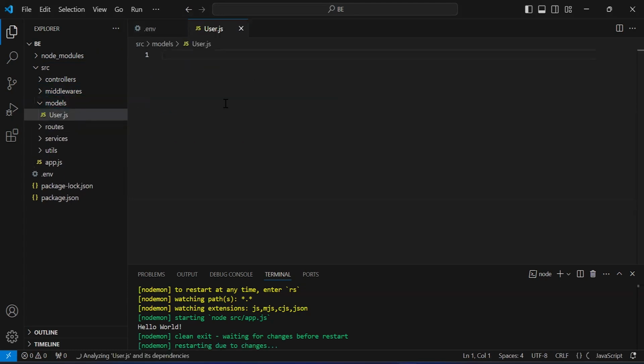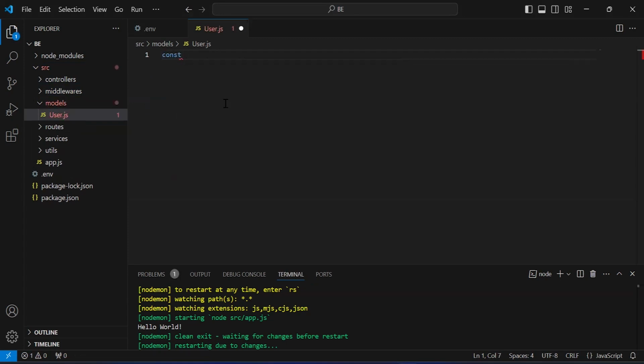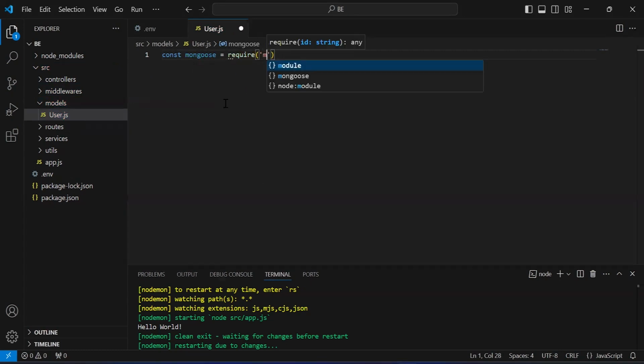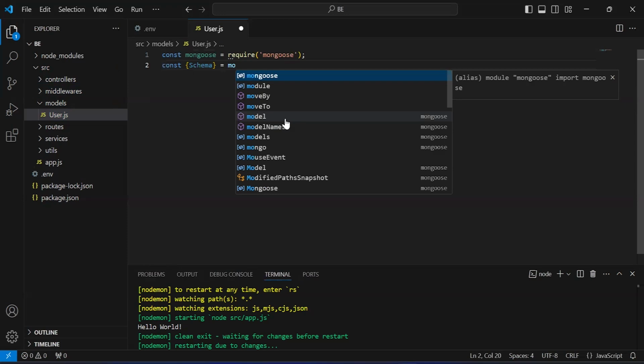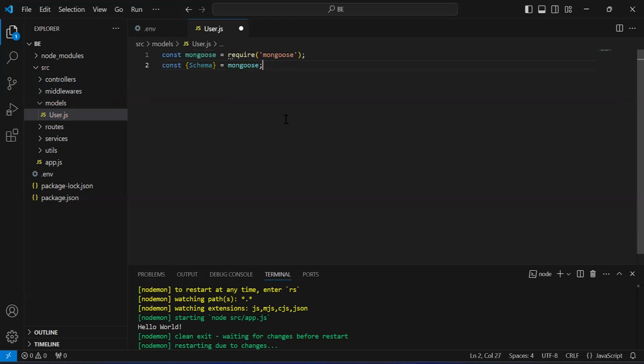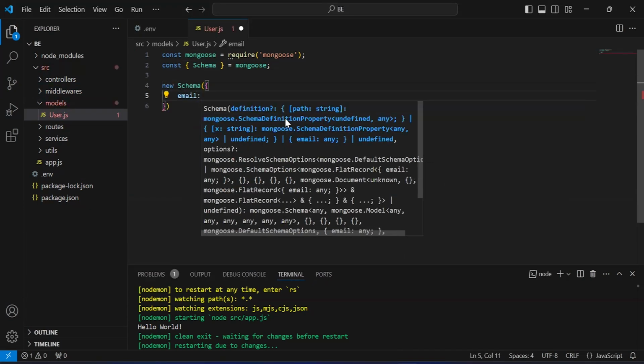Now inside this file, I'm going to create a user schema. So on the top, let me import Mongoose and the Schema from Mongoose. So we have to import Schema from Mongoose. After importing these, let me create the object of the schema where we have different fields like email, that